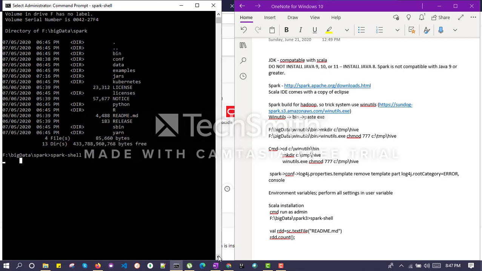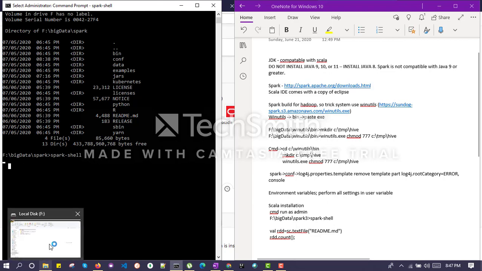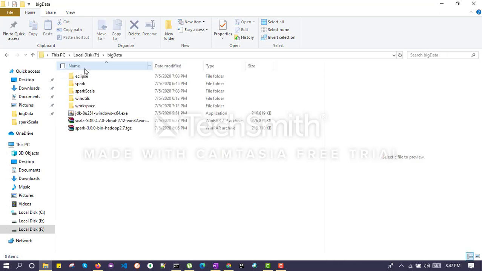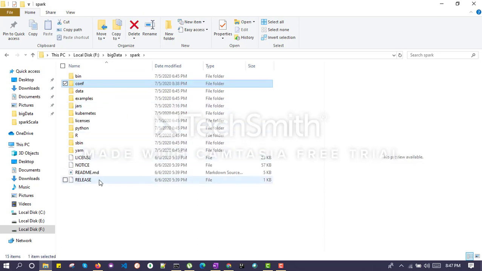It's taking a bit of time. Just give some moment, it will open up. And after that, we will just check how many lines are there inside our Spark README.md file.